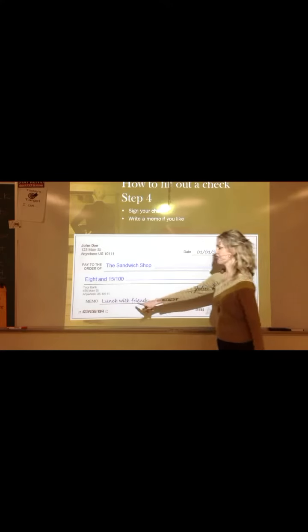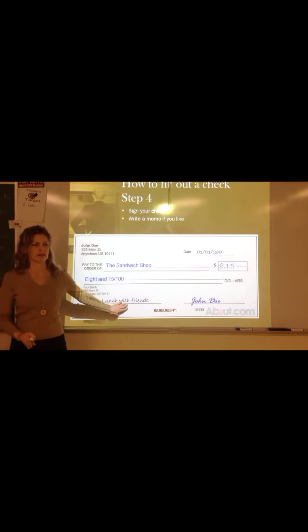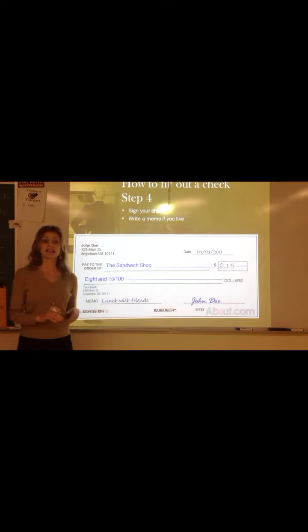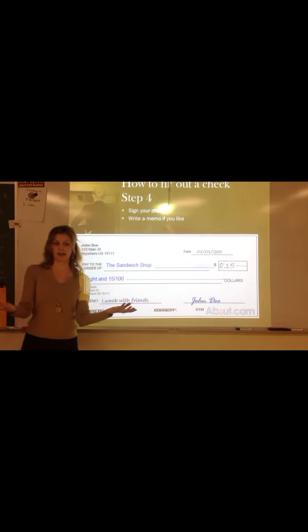All right. As far as the memo is concerned, this is an optional section. And I happen to think it's underused, all right? It is helpful for 2 people. Number 1, the person receiving the check, to know what the check is for, but it's also a good reminder for you. Because remember, you see these images of your written checks online. So it's a very helpful reminder to you of what this check was for. Here's an example of how it's helpful for the recipient. If you're writing a check to Time Warner